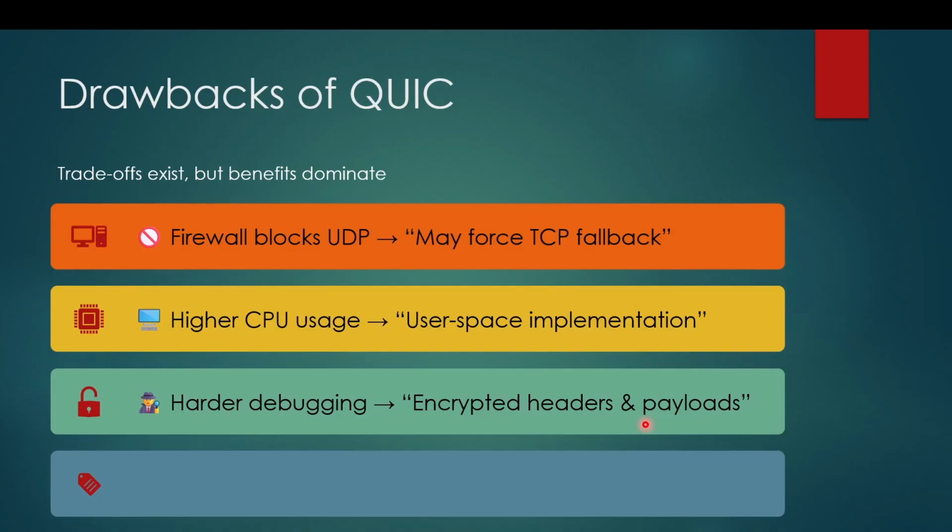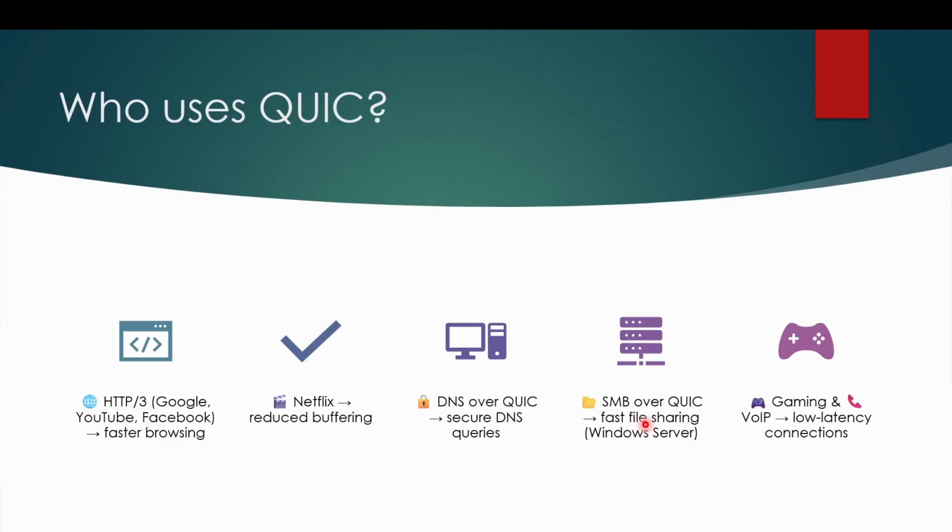The benefits far outweigh the disadvantages here. Onto network application and scalability. QUIC powers a wide range of applications. It's the foundation of HTTP/3, used by Google, YouTube, and Facebook for faster web browsing. Streaming platforms like Netflix rely on it to reduce buffering, ensuring smooth playback, and DNS over QUIC